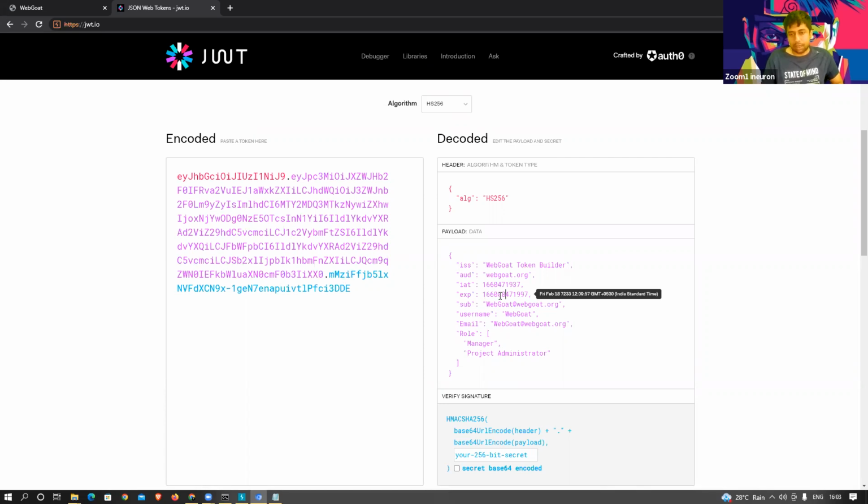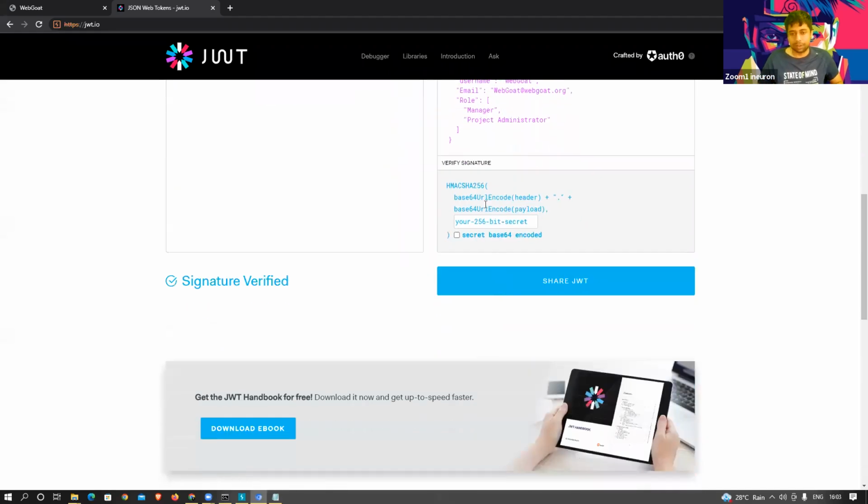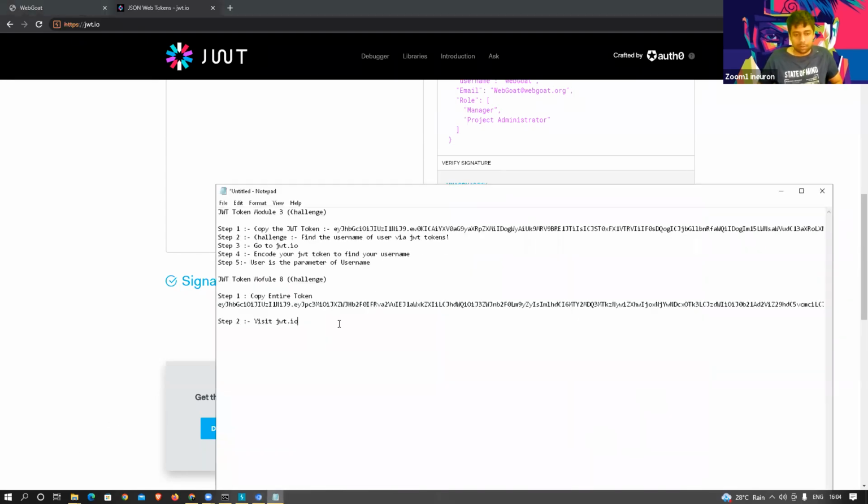Okay, so now let's copy the header and payload only. We'll try to skip the part of verifying the signature. Let's see if only the signature is being modified. So just for the notes, what I'm doing is that I am again going to, okay, so